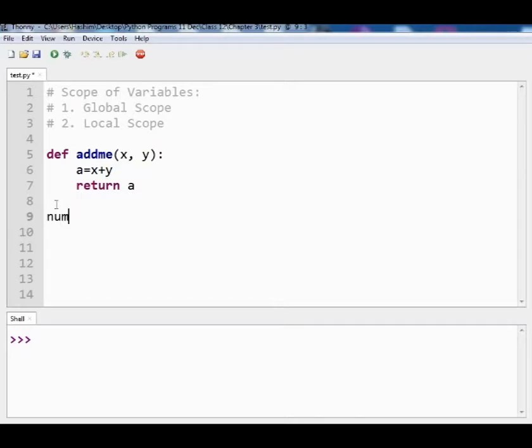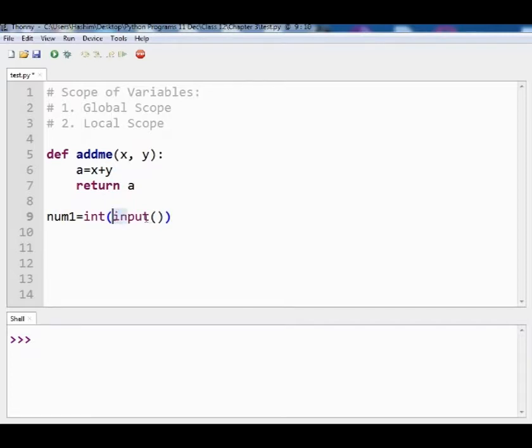So let us ask the user for these two numbers. So numbers are of integer type, so we are defining it as int, and the input keyword is used for the user to input the number.